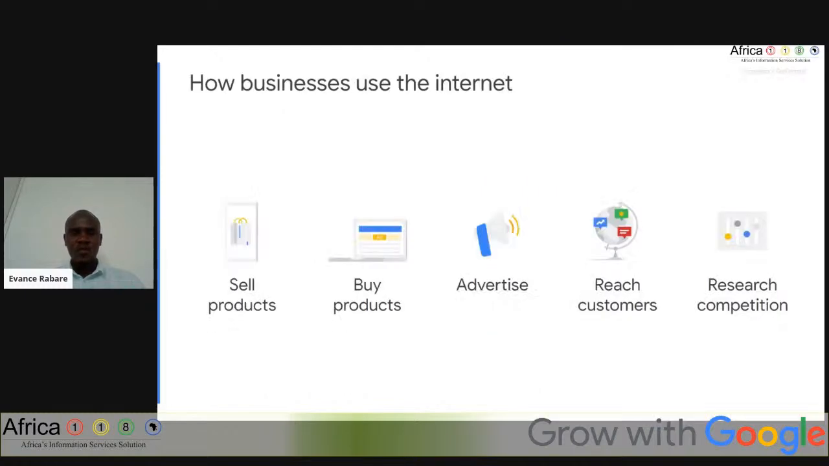So let's look at how businesses usually use the internet. One way is to sell. As I've just mentioned, you could use e-commerce to sell your product. One of the basic uses of the internet for business is to sell products and services. You could sell pretty much anything, ranging from groceries,